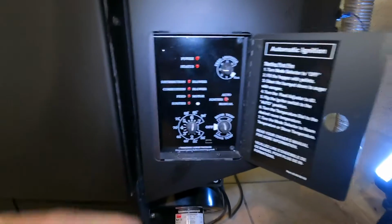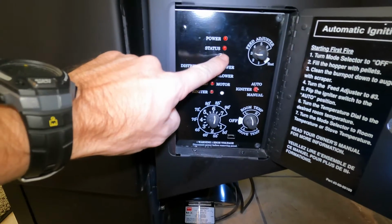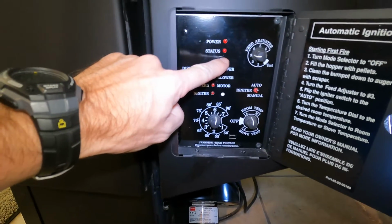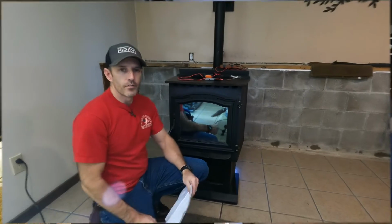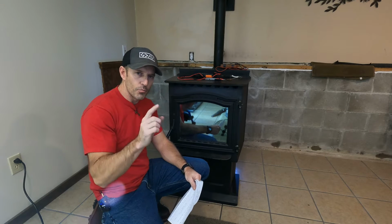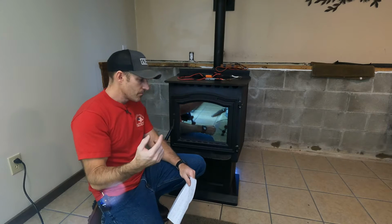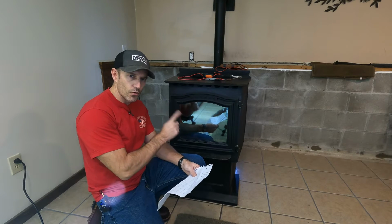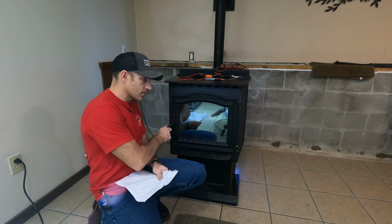Just in case you're confused, this is the light I am talking about right here, your status light. When this is on and you have a problem or a fault, this status light may be blinking. One thing I couldn't see in my manual was for a 2 blink status. But what I was seeing when I was doing research on this was to make sure all your doors are closed completely. And even if this door is closed completely,